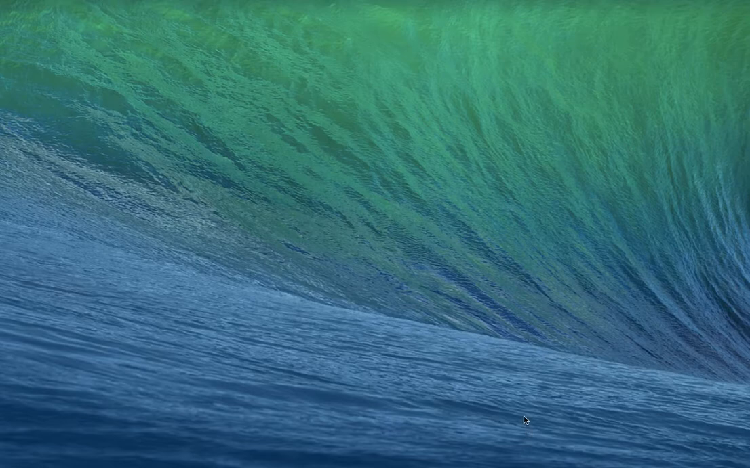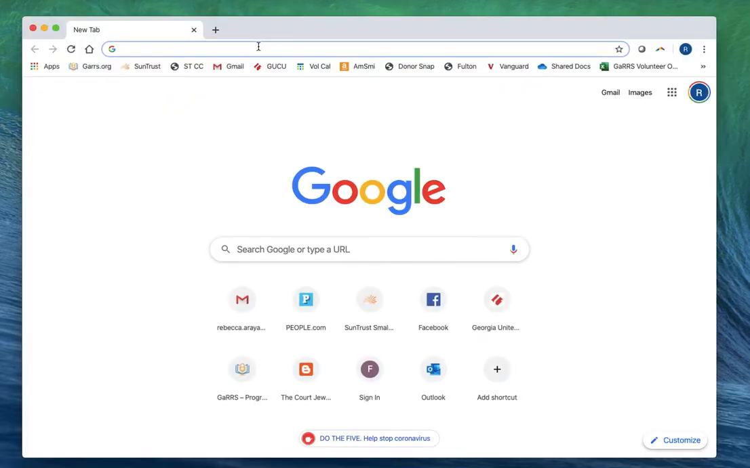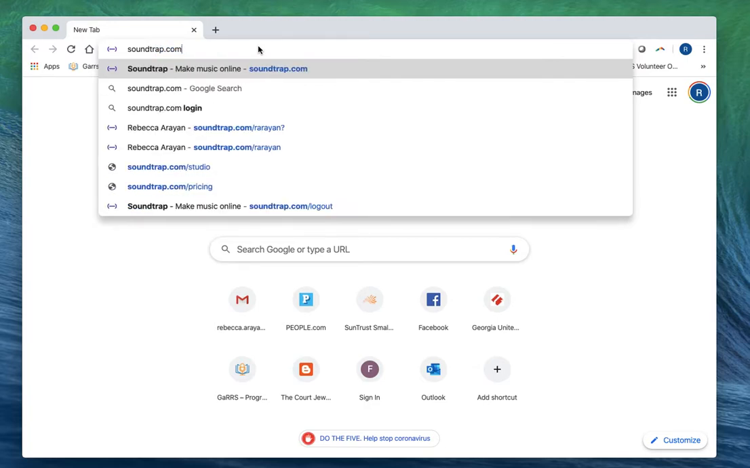Introducing you to Soundtrap, which is a browser-based recording system. So we can open up any browser, but we've had the most luck with Google Chrome. So I'm going to open up Chrome, and we're going to pretend as though we don't have any account and go through every step of signing you up. So we're going to go to soundtrap.com,